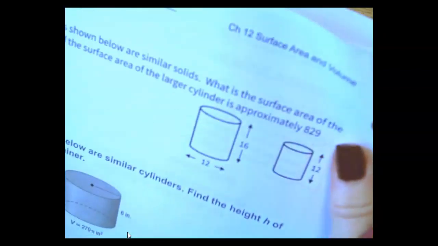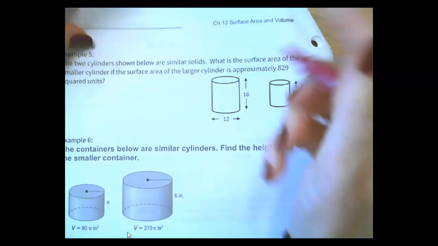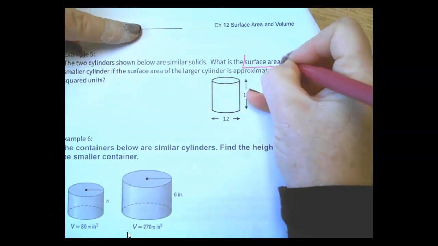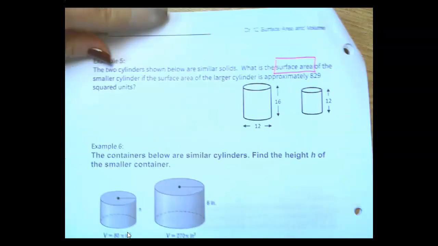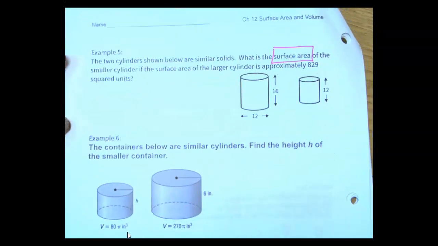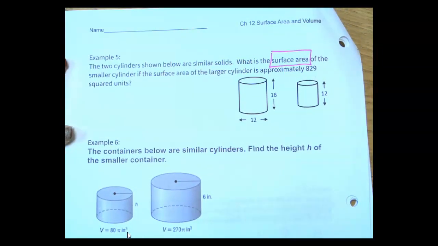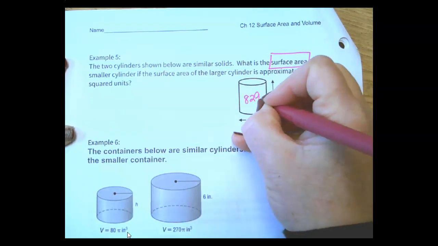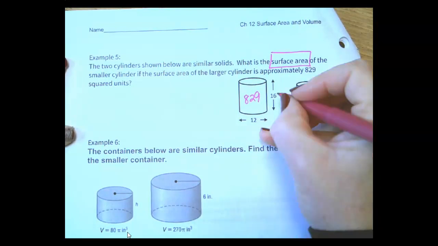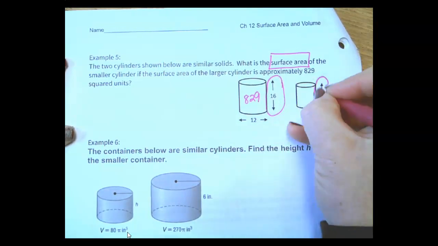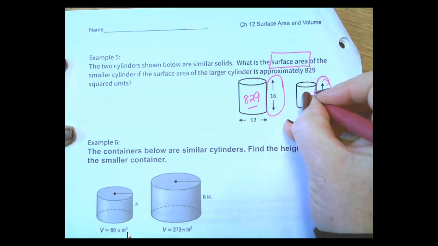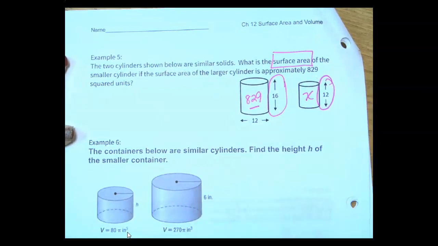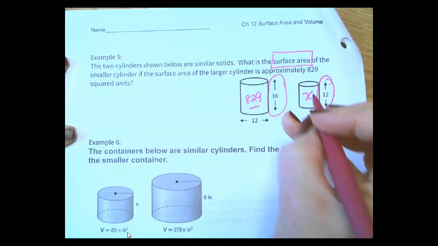This one is talking about surface area. So surface area we can square. Now, the weird thing about this is the larger is 829. So here we're going to compare this to this and then this to this x because we don't know it. So since it's squared,